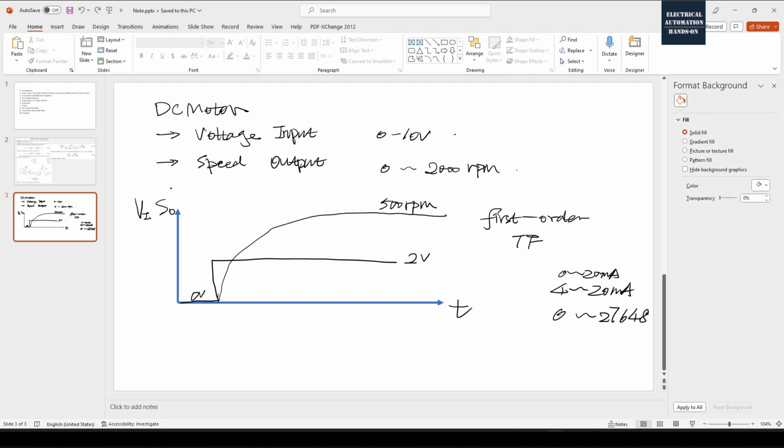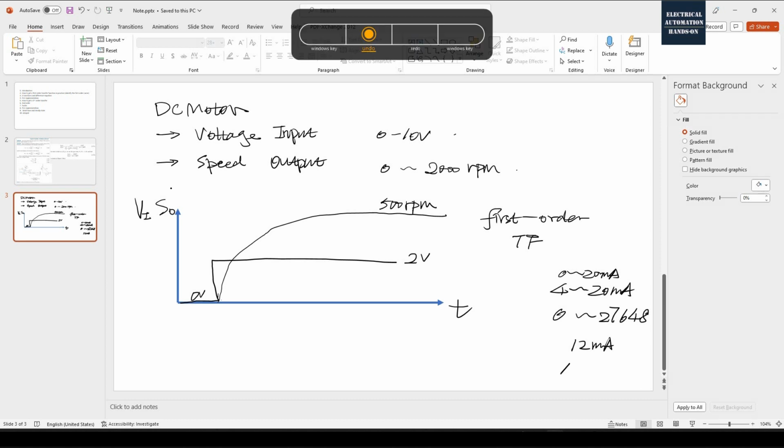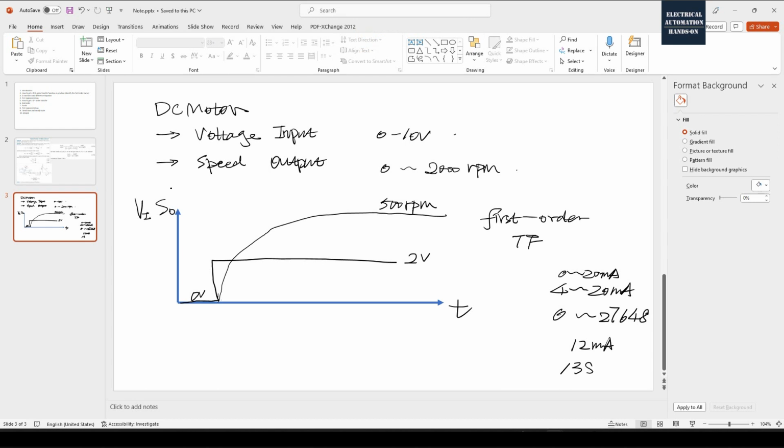For example, when you apply 12 milliamp to the regulator, that 12 milliamp comes from your analog output card. But the analog output card is controlled by a command, which is a digital output command. So when you apply this command here,